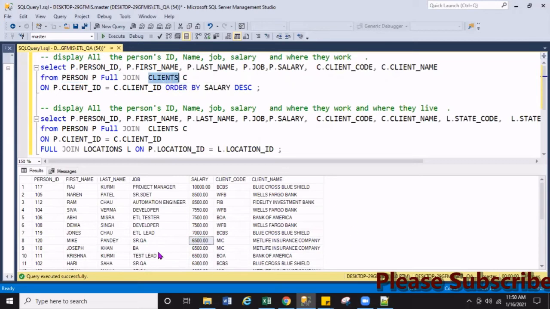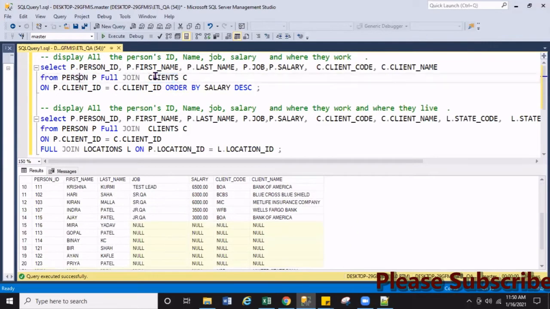But still, if we add all matched and unmatched from both tables, it is giving 24, because out of 24, about 22 records are matching. One record from person is not in the client and one record from client is not in person. So those 2 records, and 22 plus 2 is 24 records.